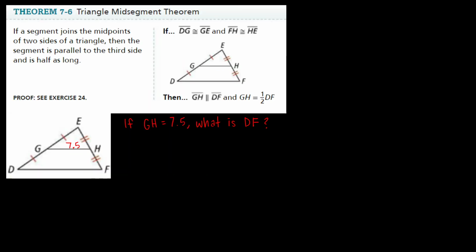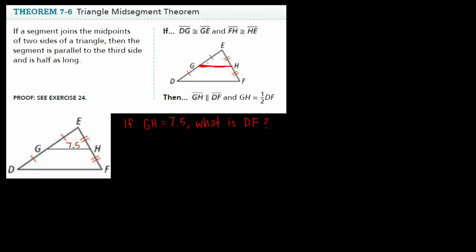Our next theorem, and this one we use a little less often, is the triangle midsegment theorem. You might be familiar with the term midsegment when we talk about trapezoids. This is a similar thing. So if a segment joins the midpoints of two sides of a triangle, so we're talking about GH, GH is that segment we're talking about here. If you have a midsegment in a triangle and it bisects side DE, so DG and GE are the same length, and EH is the same length as HF,